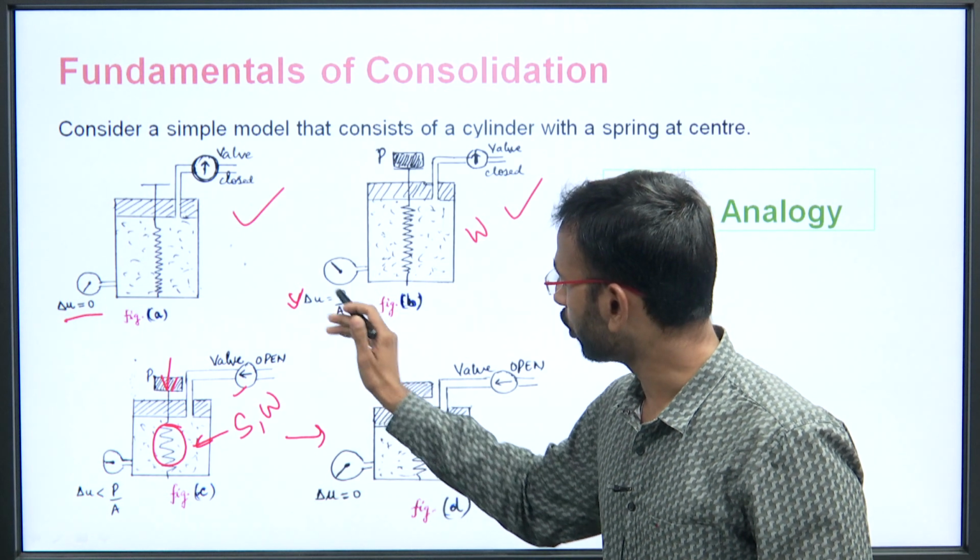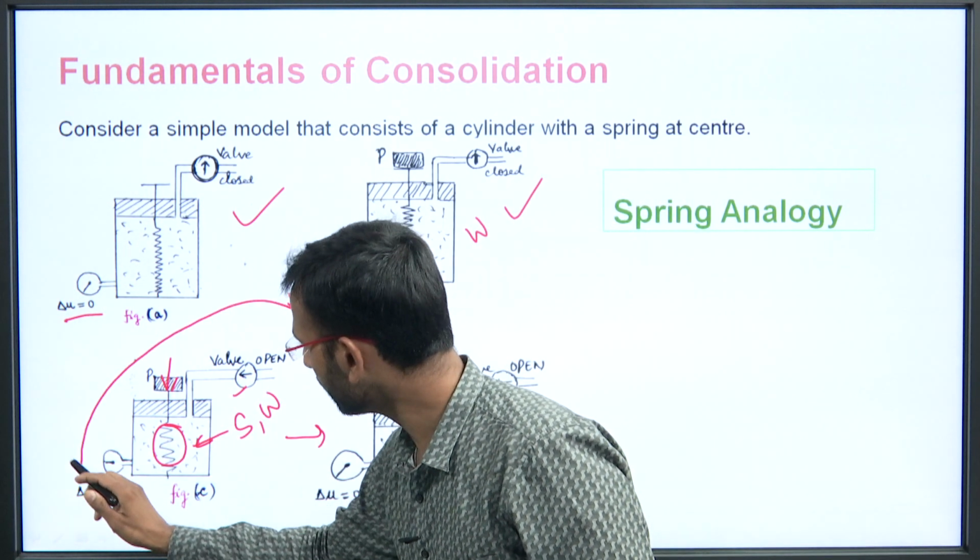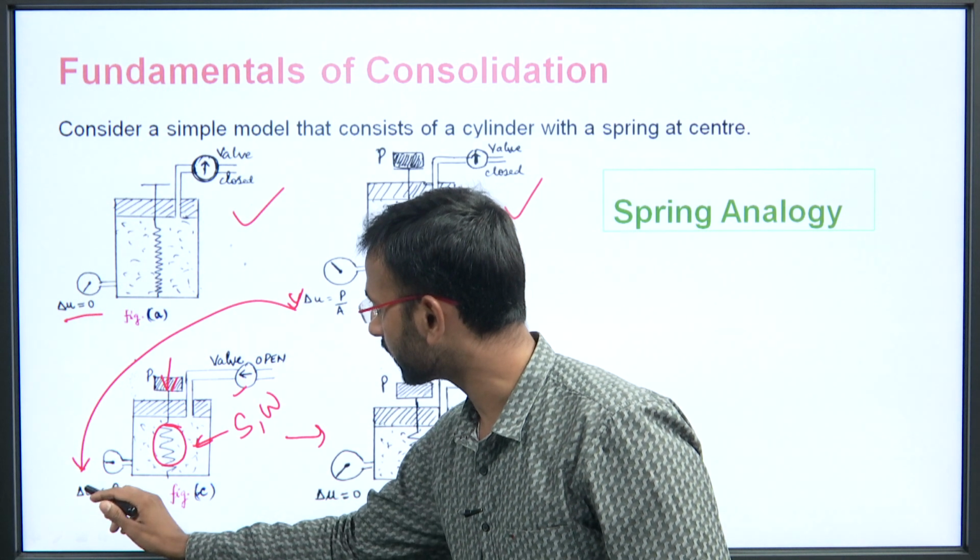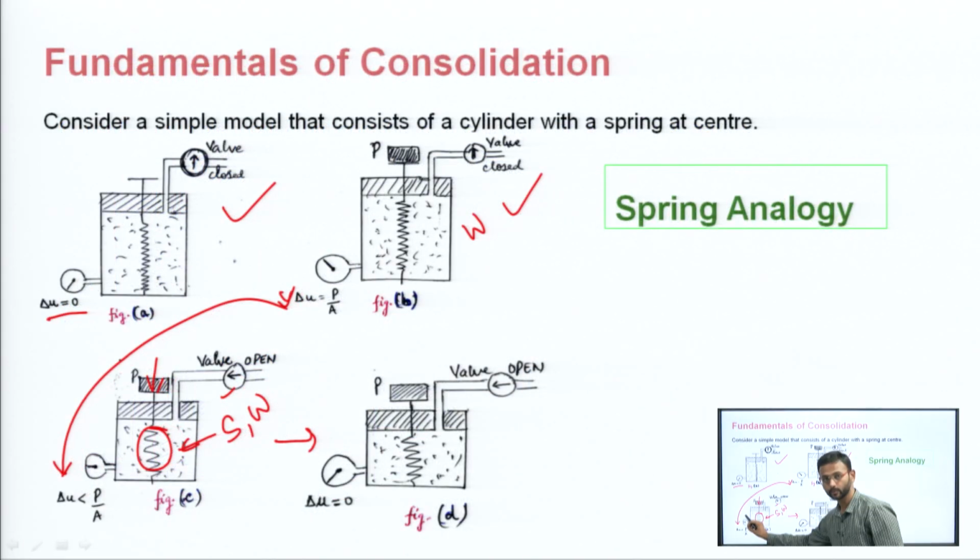So the pore water pressure gets reduced in the third stage, because whatever portion is reduced here is increased in the spring. That portion is taken up by the spring, or if you talk about the soil, by the soil solids. And in the fourth stage, when the pore water pressure reduced to 0, the entire load was taken up by the soil solids and effective stress was mobilized. The pore water which was trying to get out was reduced to 0.